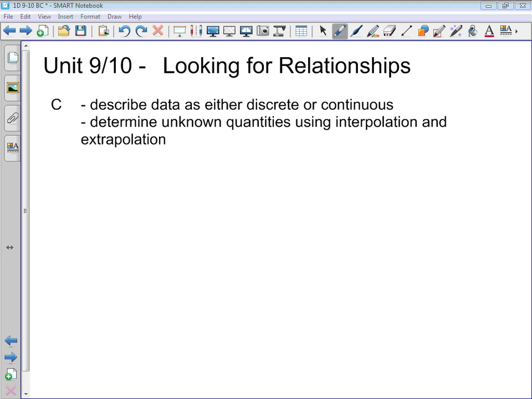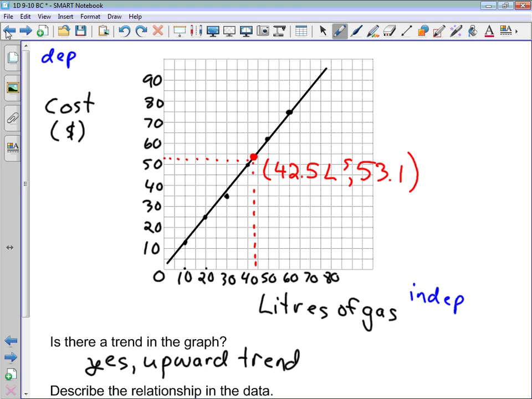Before we go on to this lesson stuff, let's just take a look back at what we did in the previous lesson. We plotted a scatter plot of liters of gas on the horizontal axis and cost on the vertical axis. Plotted a scatter point, nice little points. And then to emphasize the trend, I drew this straight line through all of the data. And then I picked this point in between all of the data points. And I said that this red point in here represented the fact that if you bought 42.5 liters of gas, it would cost you